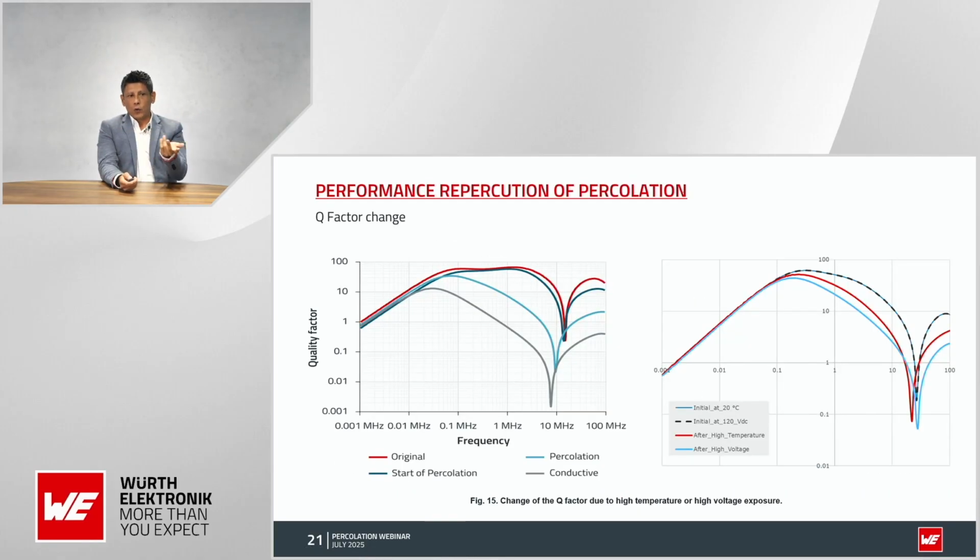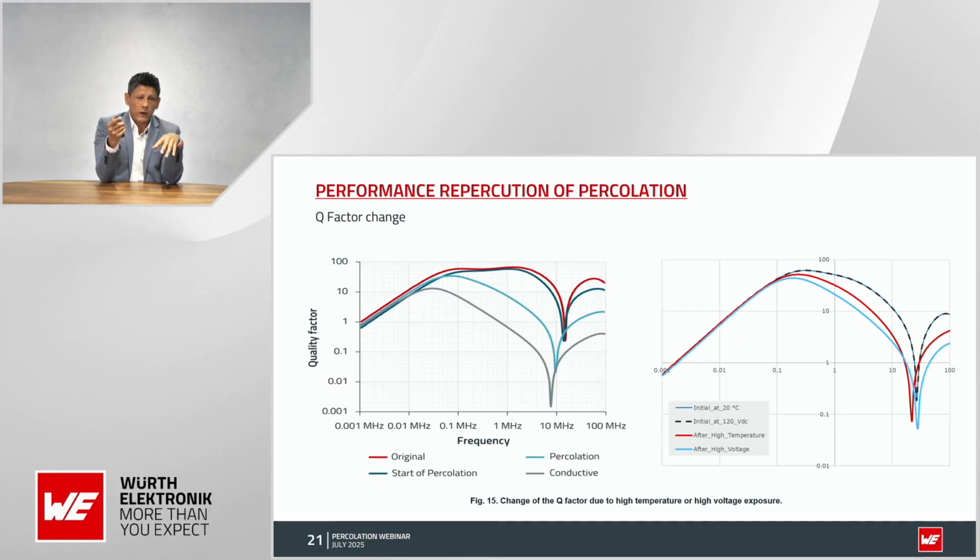Here is a summary of what percolation affectation is at this point. The initial steps of percolation are not easily visible, even for us, so the Q value doesn't change so much. But once you move deep into the percolation area, you are going to see the change of the Q value, maybe not changes of the operational range of frequency, the switching frequency,